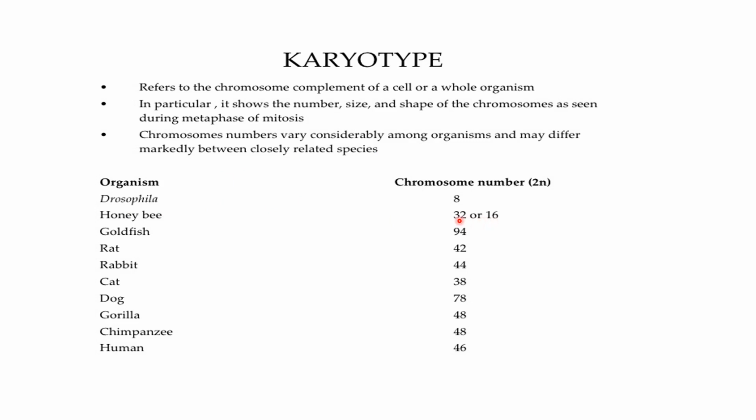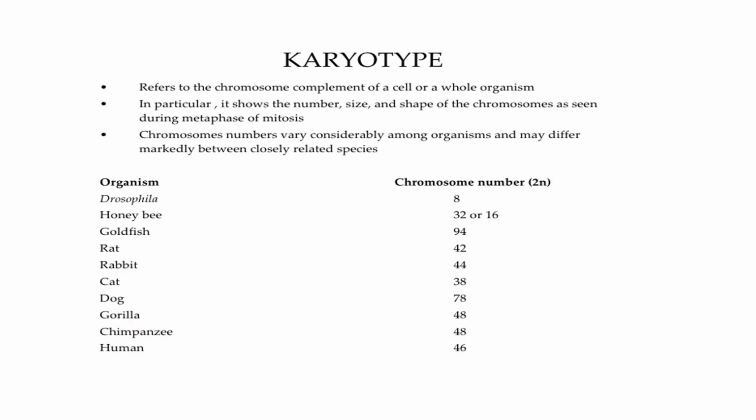क्यों? वेरी इंपॉर्टेंट क्वेश्चन है यहाँ पे, क्योंकि कुछ ऐसे ऑर्गेनिज्म होते हैं जो अनफर्टिलाइज एग से, जो मेल होते हैं, अनफर्टिलाइज एग से प्रोड्यूस होता है. दैट्स वाई उसमें हैप्लॉइड नंबर ऑफ क्रोमोसोम होंगे. तो जो डिप्लॉइड होगा, जो फर्टिलाइज होगा, जो फीमेल होगी 32 और मेल 16 क्रोमोसोम. दैट्स वाई हनी बी हैव द 32 और 16. ये अक्सर क्वेश्चन अराइज होता है, पूछा जाता है एग्जाम्स में. मेल ओरिजिनेटेड फ्रॉम द अनफर्टिलाइज एग, कौन सा? हनी बी. Goldfish 92, rat 42, rabbit 44, cat 38, dog 78, chimpanzee 48, gorilla 48,